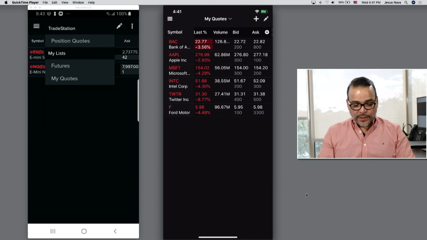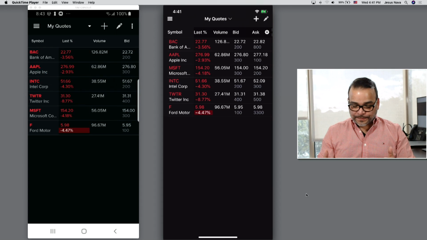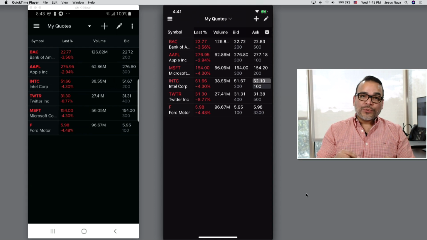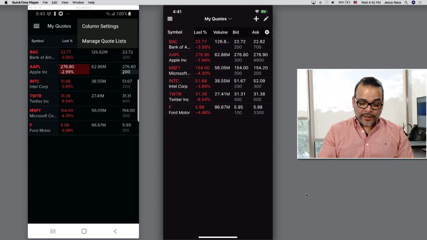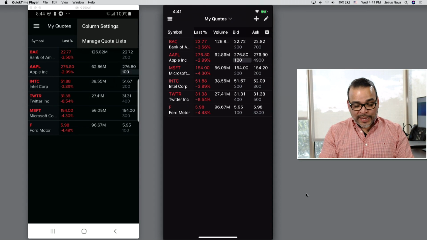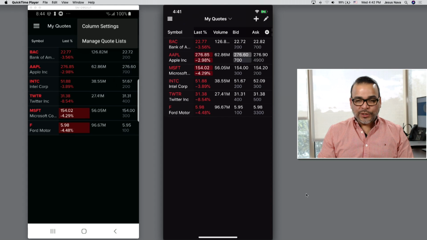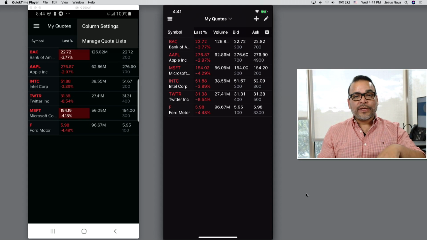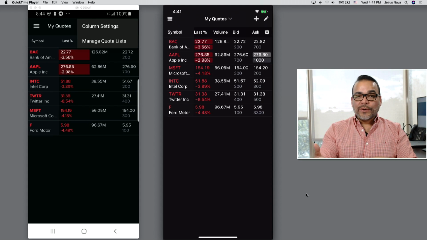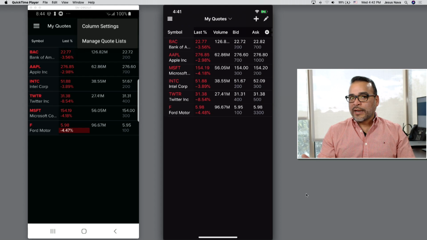If you wanted to create a new one, what you need to do is, on Android, you need to go back to the three dots that we clicked on earlier. When you tap in there, you get a menu, and in that menu, it's Manage Quote List. So you go there in order to create new ones or to remove ones that you've created and you're not using anymore. On iOS, you go back to the drop down where you find all the different